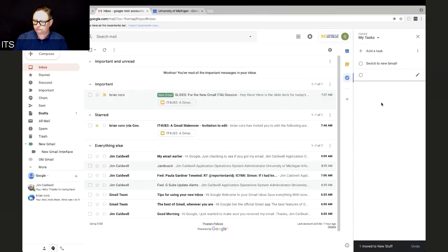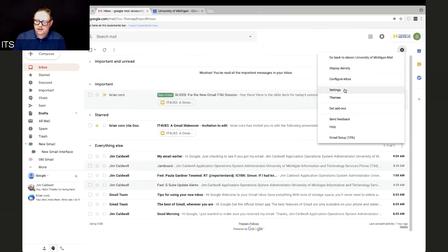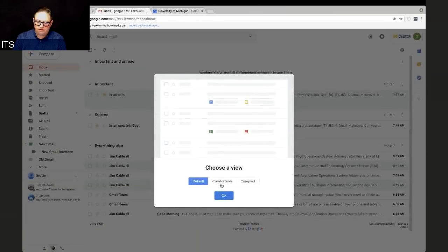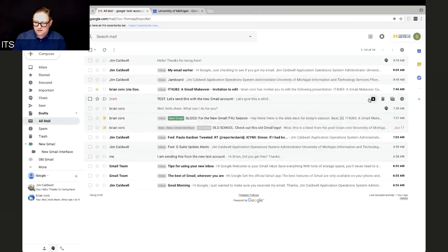Yes. Hannah says, do we still see the paperclip for all attachments, or do we always have to set to default view to see the attachments? So in default, you'll see the attachments right here in regard to if they're attached to the mail. If you switch back, I'm going to close out tasks here. If I switch back over to settings, display density, we go to comfortable, for example. What you'll notice is if I go to all mail, you'll see here